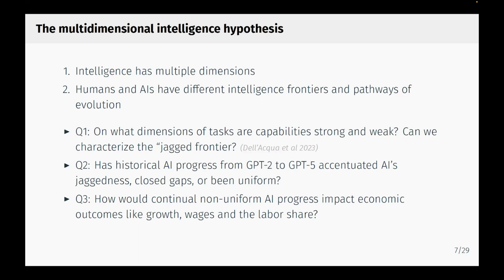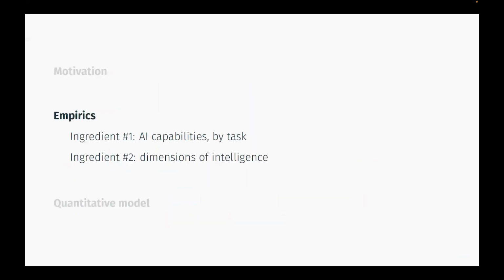And this is where we're going to get into that kind of time machine analysis. And the third part we're not going to get to today, but in the future, what are the economic implications of projecting this out into the future? Okay, empirics. So what do we need to do all of this? We need a measure of AI capabilities by task. We're going to use the Olundu et al. measure, and then we're going to extend Olundu et al. to the past, to prior models. That's the main measure of capability.